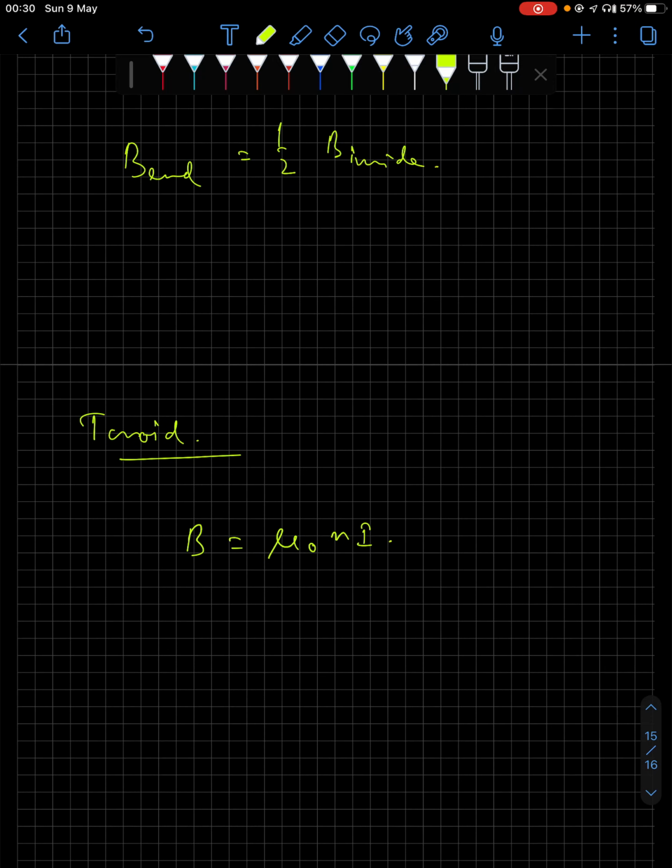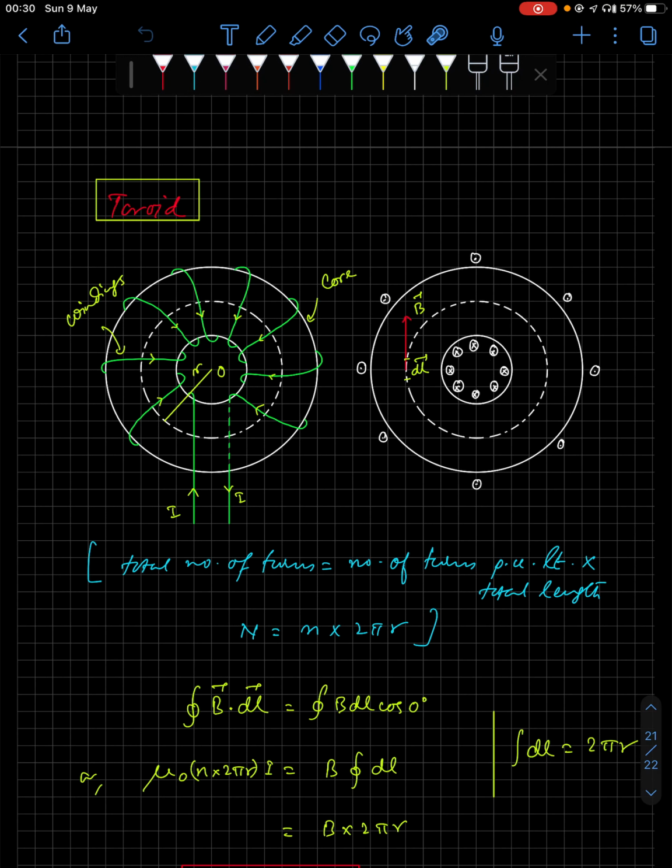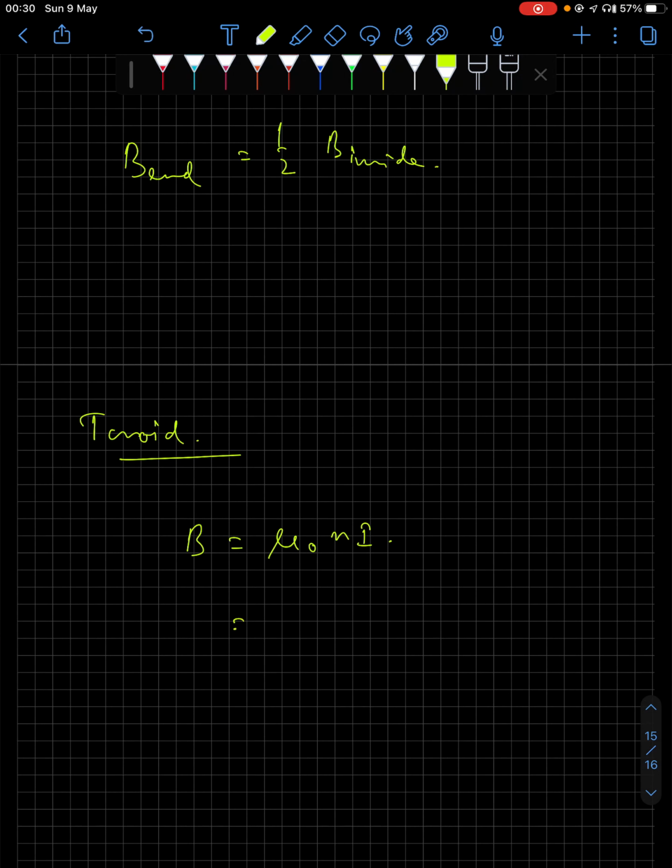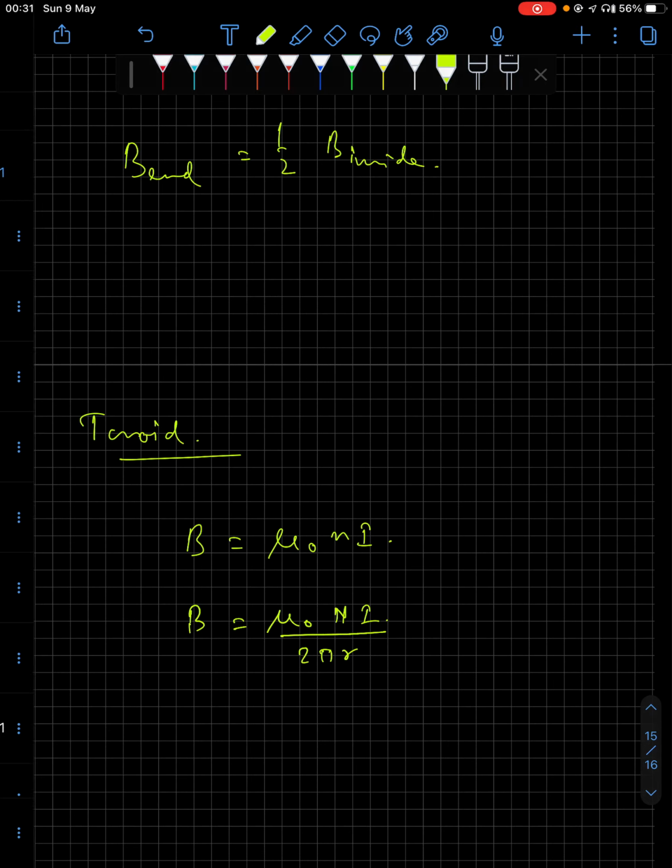Okay. So here N is the number of turns per unit length. Now, a toroid is an endless solenoid. Here the length of the toroid is what you see in this diagram. If the toroid is of radius r, then the length will be 2 pi r, right? So the number of turns per unit length, when we talk about it, gives mu naught N i by 2 pi r. So this is the other expression for that.